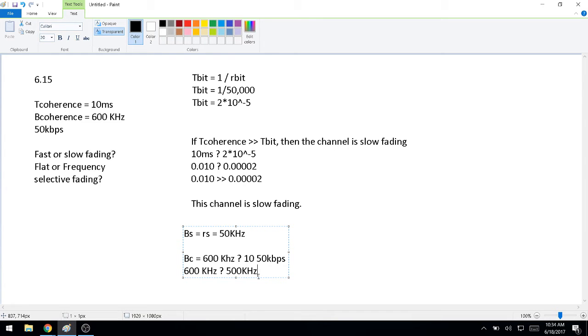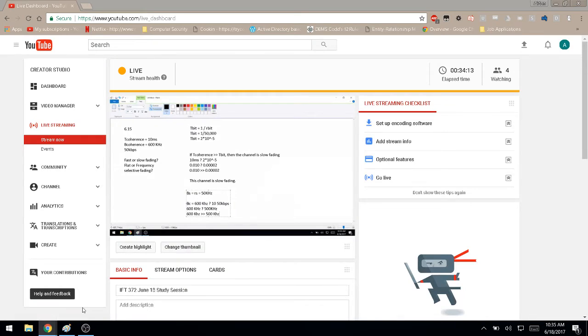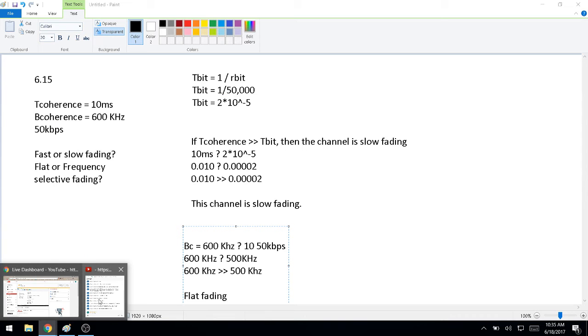And doing that comparison, we see that it is greater, or significantly greater. Which means, because it's significantly greater, we're experiencing flat fading in this channel. And again, it makes sense that it's flat fading, because